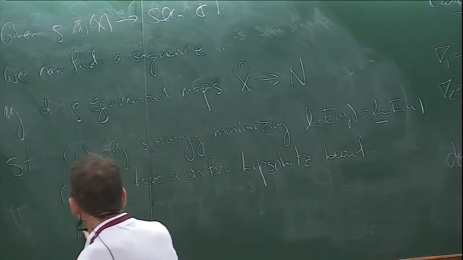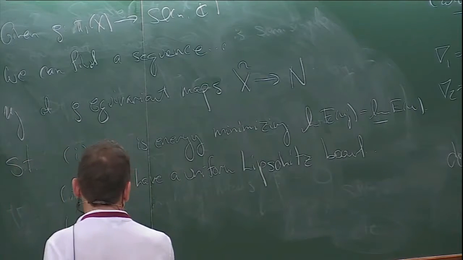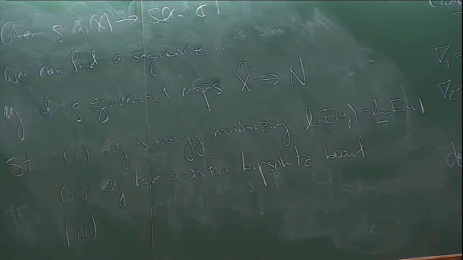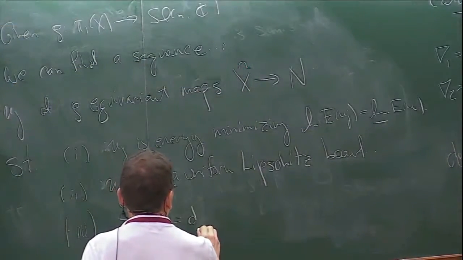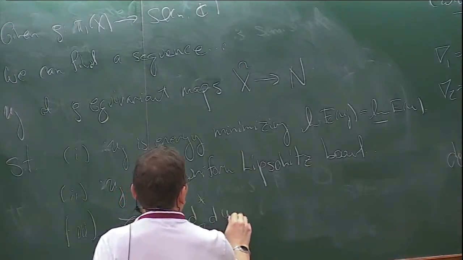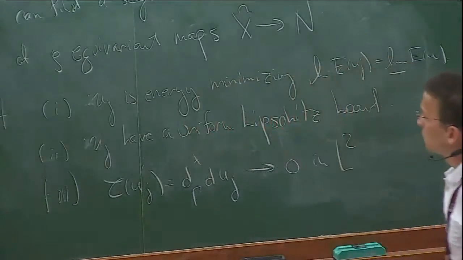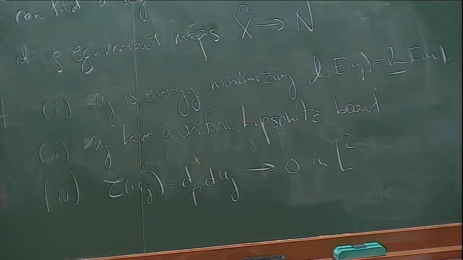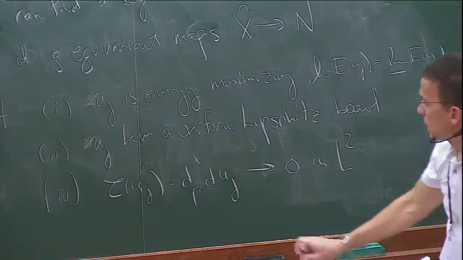And then one other little technical condition is that I want, so let me just write down this technical condition, is that the tension field, which is by definition d gamma star d uj, goes to 0 in L2. Okay, so this is a rather technical condition, but we can arrange for a sequence of maps that satisfy these conditions.